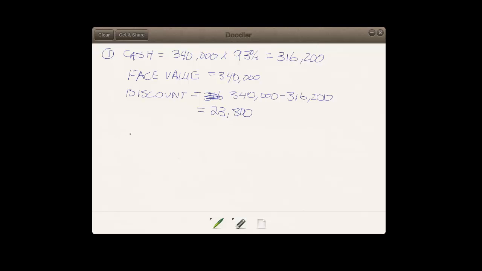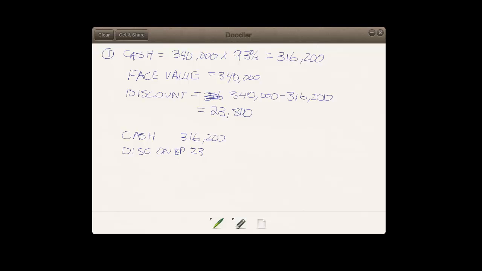Okay, so let's journalize this. We're receiving cash, so that's a debit, and the amount of cash is $316,200. Next, we record the discount on bonds payable. Now, is that a debit or a credit? It's a debit, because discount on bonds payable has a normal debit balance, so to increase it, we debit it. I'm just going to abbreviate it, discount on BP